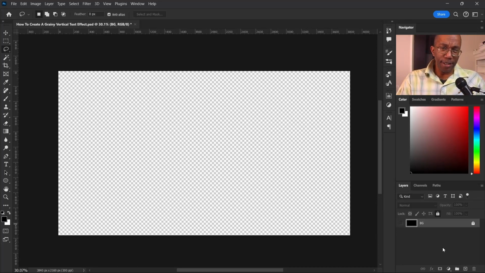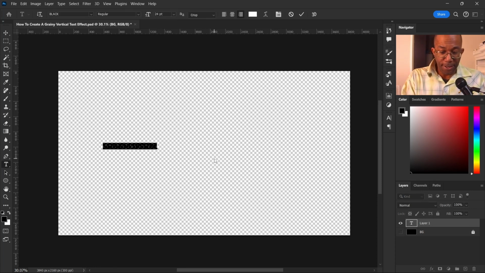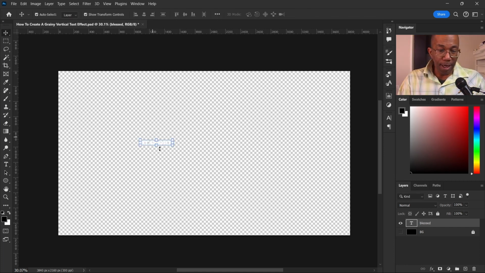So the question is, how exactly do we make a grainy vertical text effect in Photoshop? Well, let's get into it. The only thing we have to do is open up Photoshop, of course, and pull up some layers. I have this layer here. I'm going to turn it off so I can see the text here. And let's go ahead and make this a little bigger,